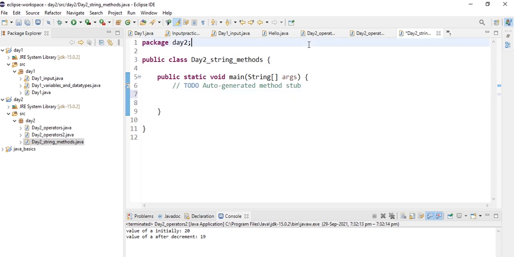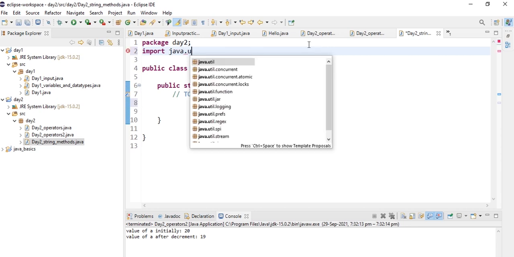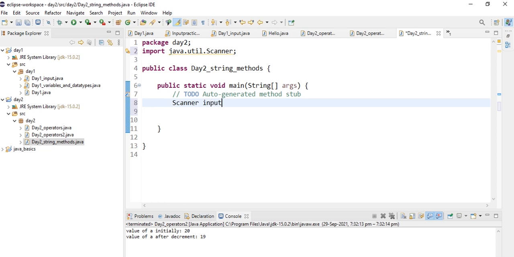So now let's import the Scanner class from the util package by typing import java.util.Scanner. Make sure that Scanner's S is a capital letter, and here we need to create a Scanner object called input. We are creating it with the help of the new keyword in Scanner, and we are passing System.in with capital S.